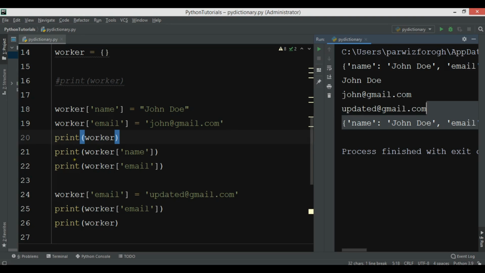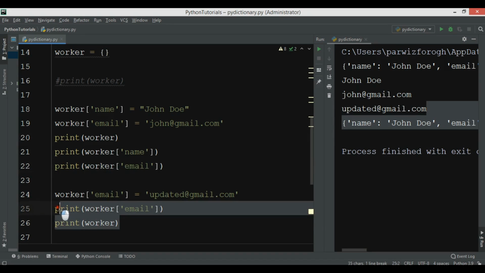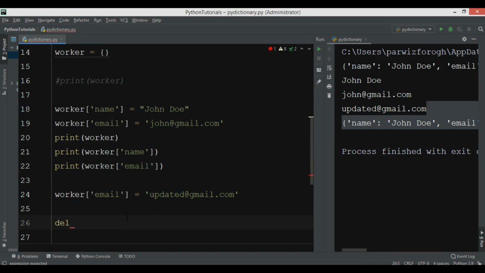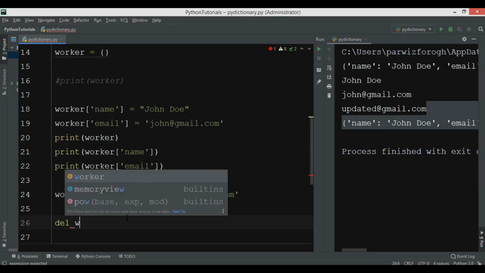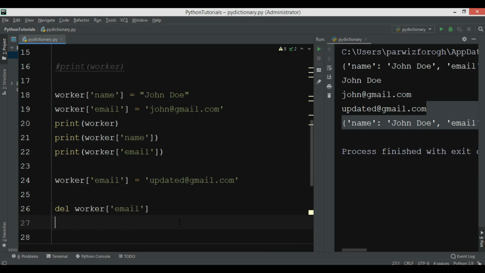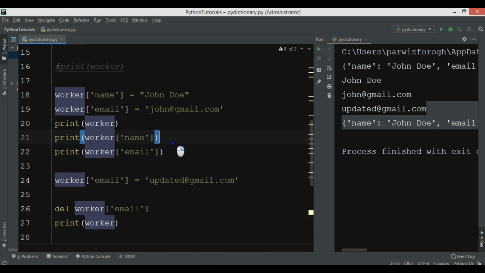For example, I don't need this email address and I want to remove it. So here we add the del keyword, and after that the dictionary name, for example worker, and then the key of the value that you want to delete, for example email, and after that we print our worker. And if I run this,